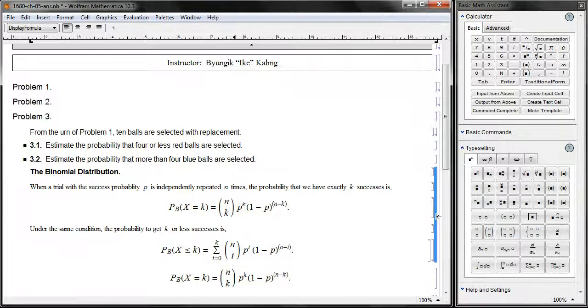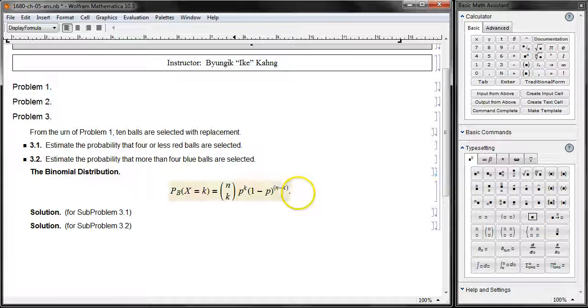Well, here's a little bit further explanation of the binomial formula, but for interested students only. This kind of expression is rather intimidating, so let's just stick to this formula. What exactly does n mean here? That's the total number of selections. In this case, we are selecting 10 times, so n is 10. And its probability is either red or blue, and then 4 or less